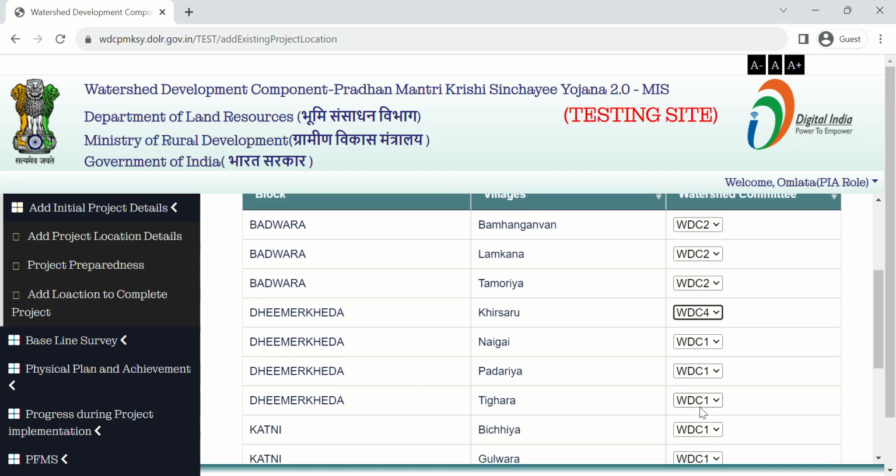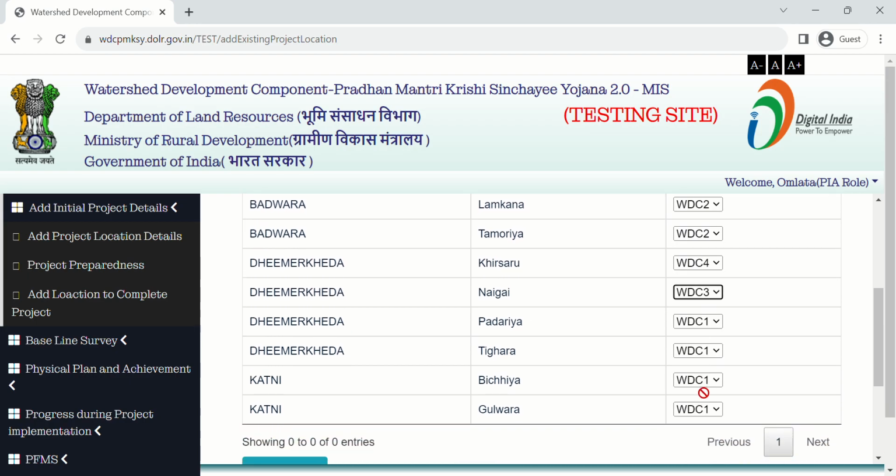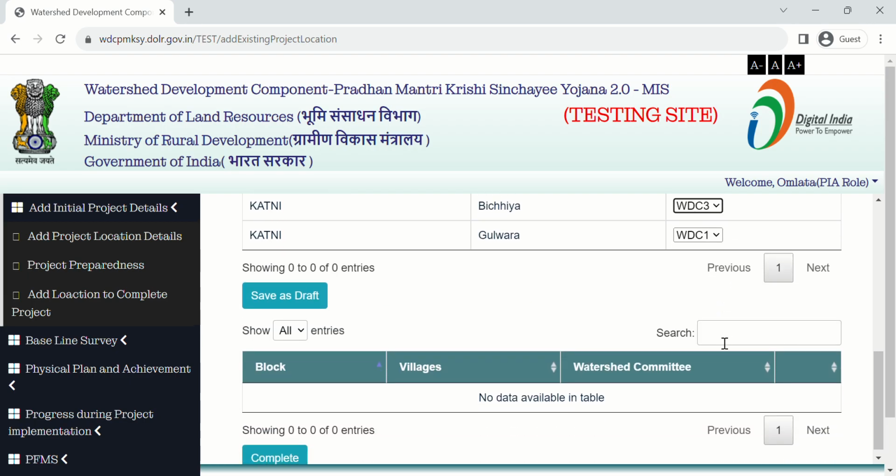I am selecting the watershed committee name for the villages one by one. There should be one watershed committee for multiple villages.